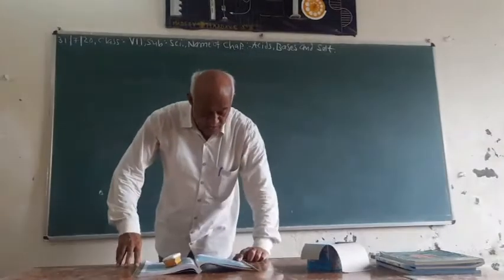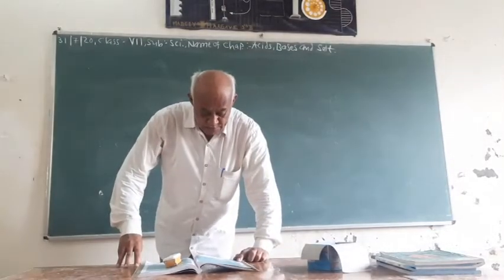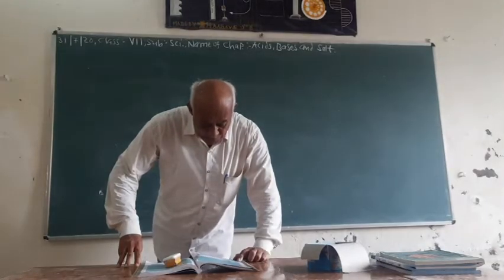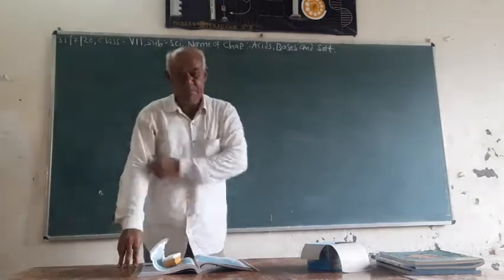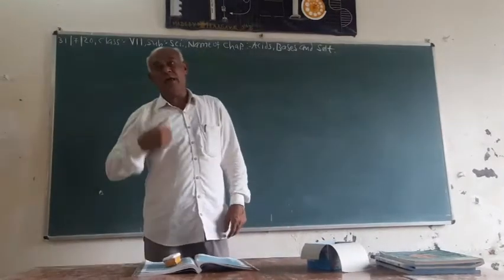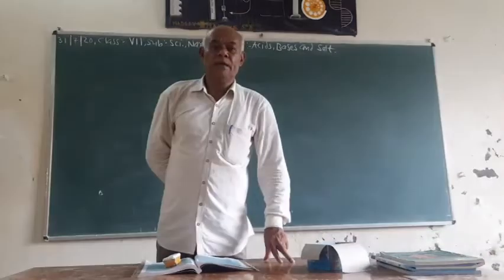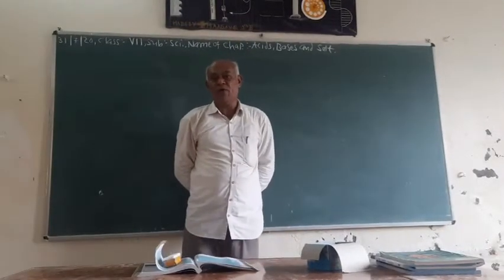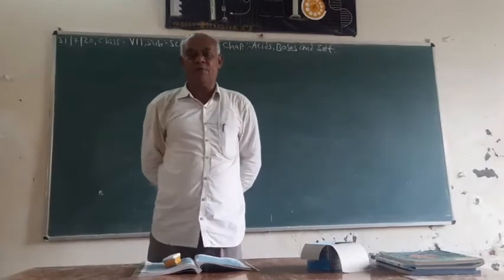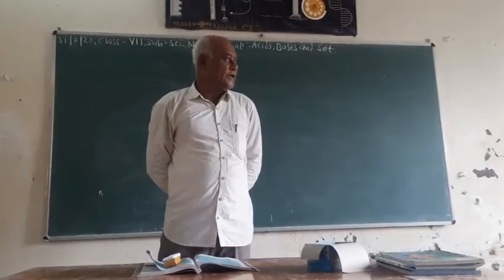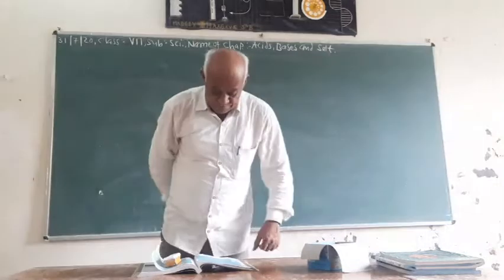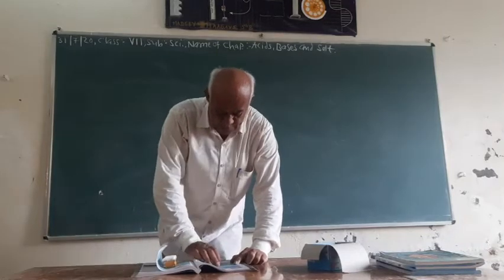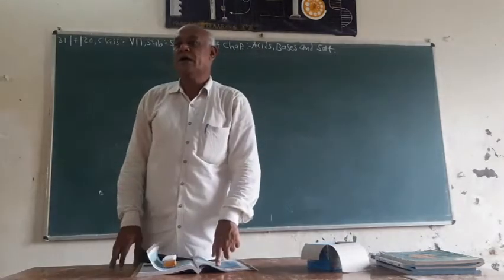That is, ammonia is found in many household products such as window cleaner. It turns red litmus blue. What is its nature? We know that in window cleaner the chemical used is ammonium hydroxide, that is NH4OH, and this ammonium hydroxide turns red litmus to blue, which is given in the question.